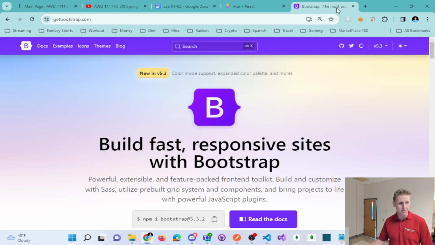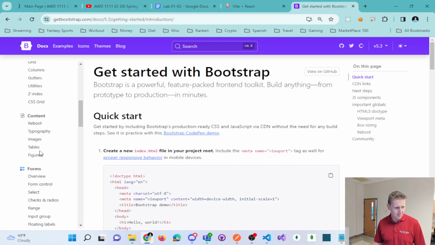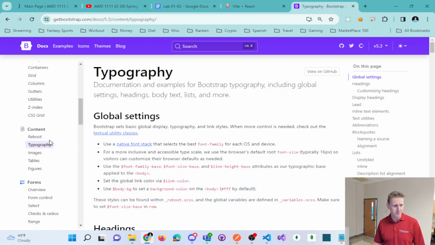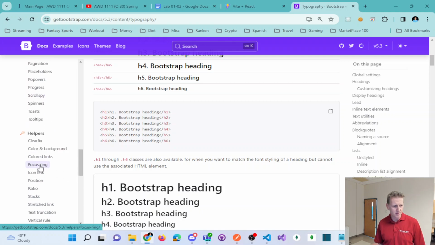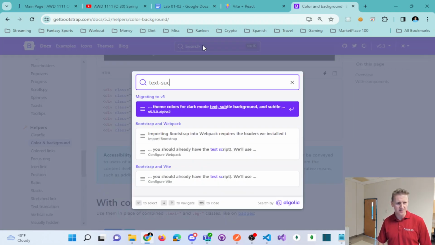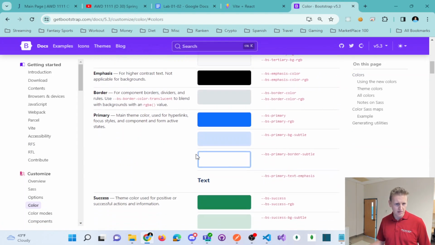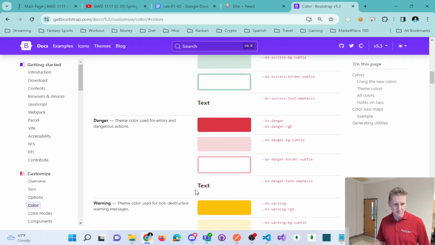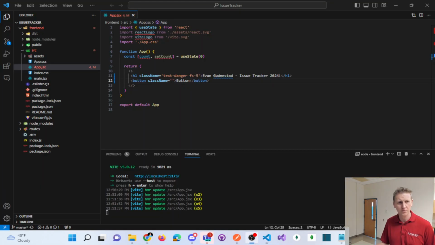So if I go to Get Bootstrap and go to the docs and down to typography, let me find text-success. Maybe the problem is me and not with Bootstrap. Moment here, while I've paused,